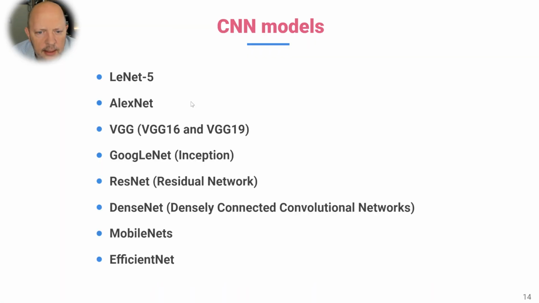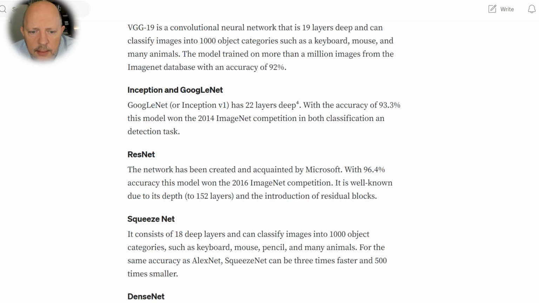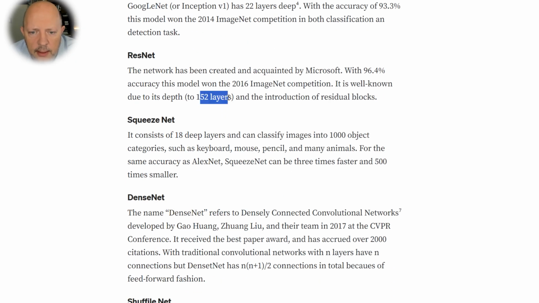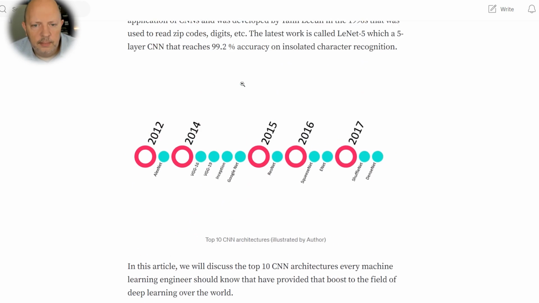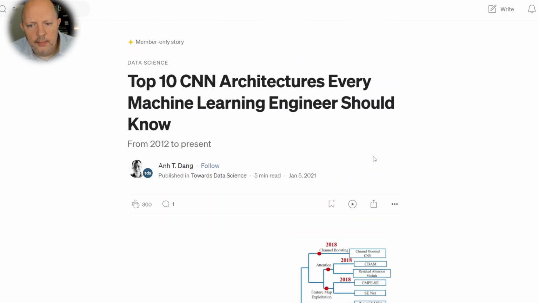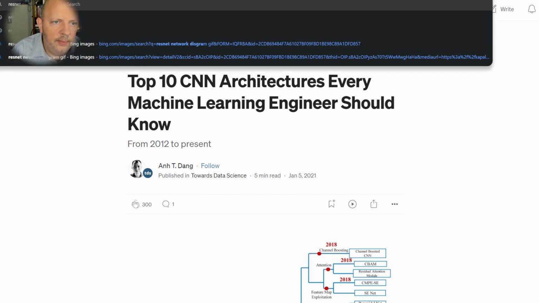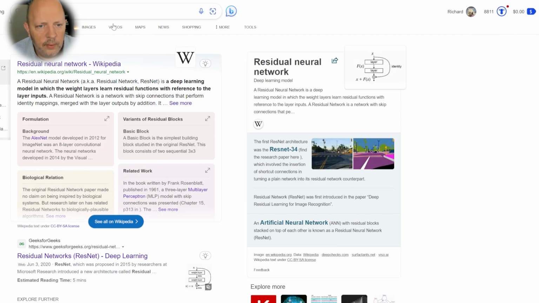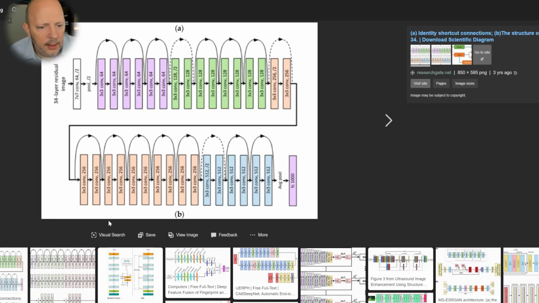AlexNet, which I did, is a newer, I guess, more modern network. You see how it has more layers. Did I say, yeah, ResNet has 152 layers. It can't have more or less. So let's see, where's this? And if you see an image of a ResNet network, I was trying to find a GIF for you guys, couldn't find one. You'll see how it gets complicated very quickly. Okay. But again, the idea is the same. Convolution pool, things like that.